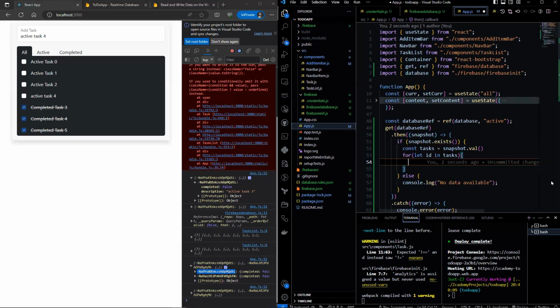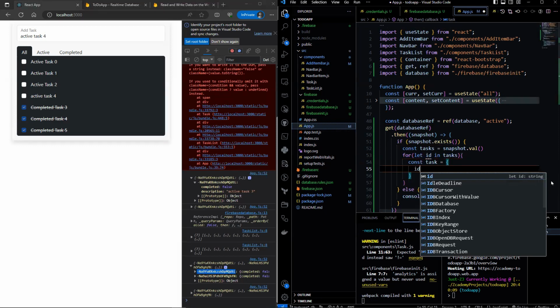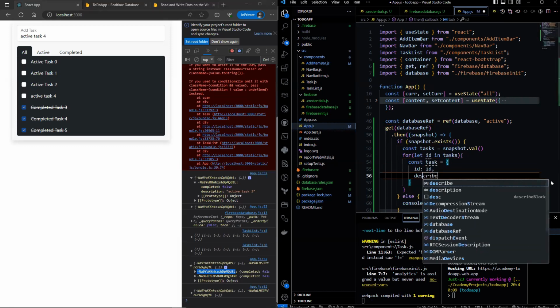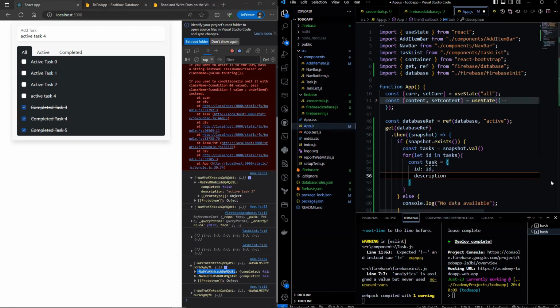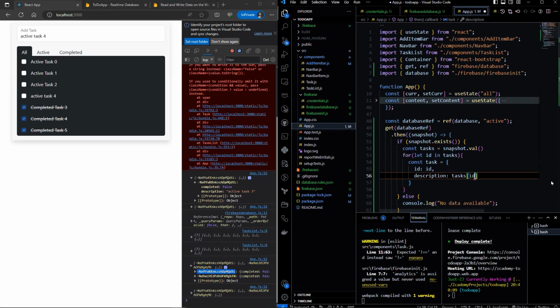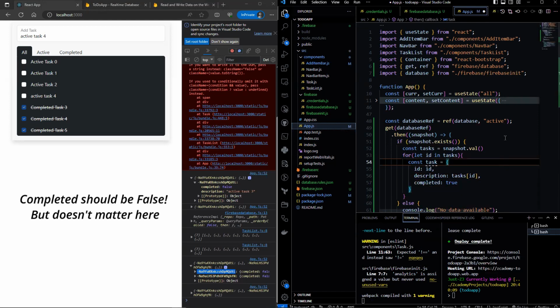Then let's create a variable called task and have the ID be ID. The description would be task ID, and completed would be true since this is the active path. Let's log this task.